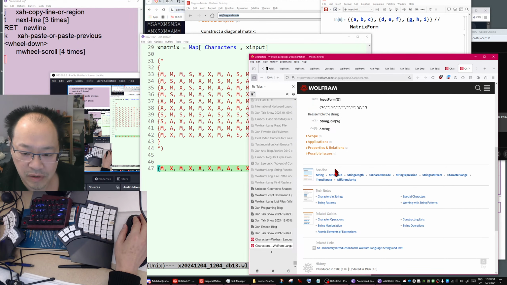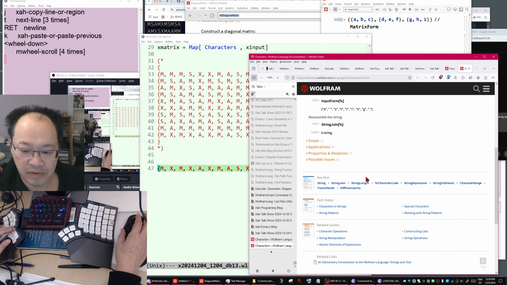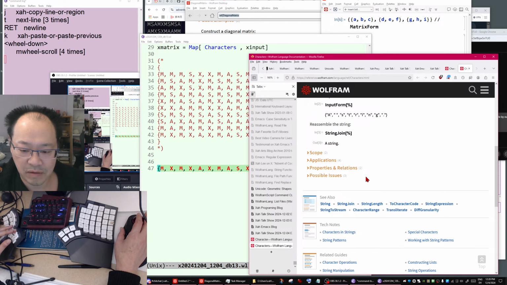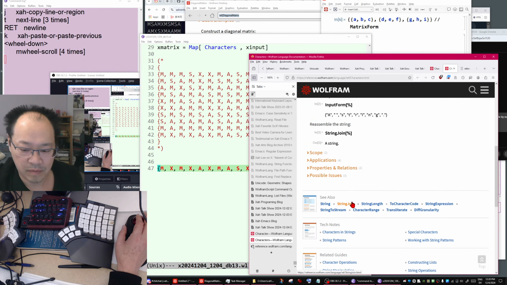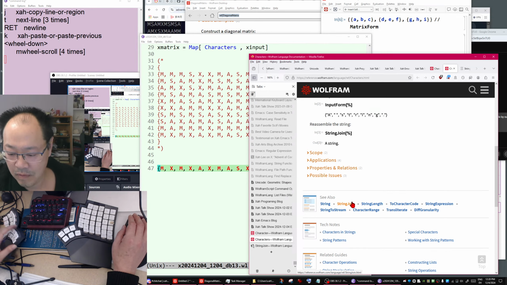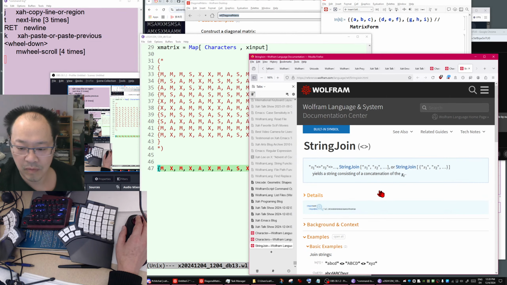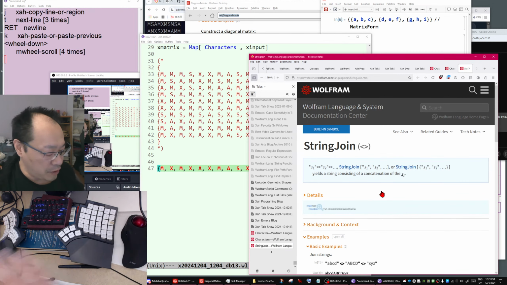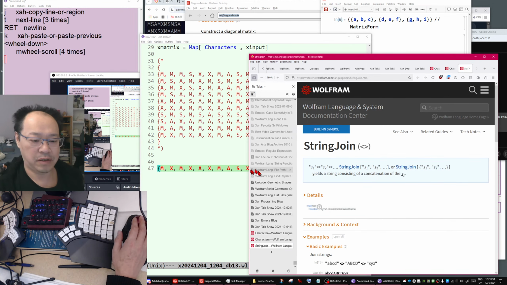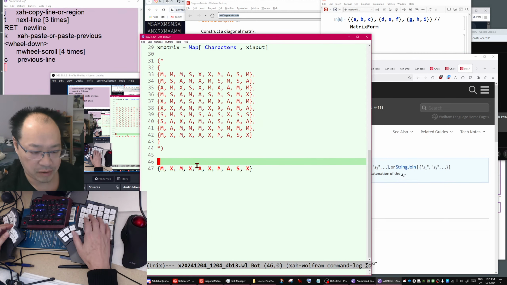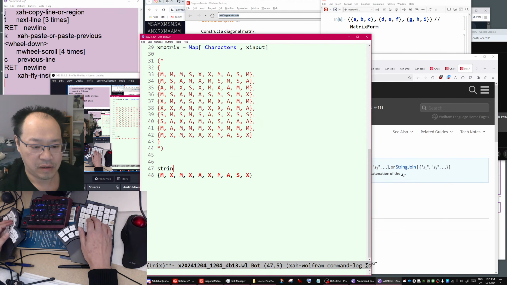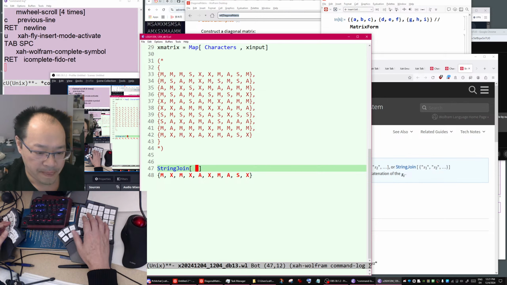Let's see, StringJoin. Let's magnify this so it's easier to read. All you have to do is use StringJoin.